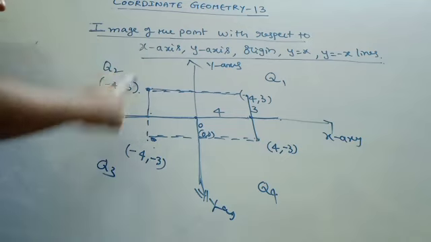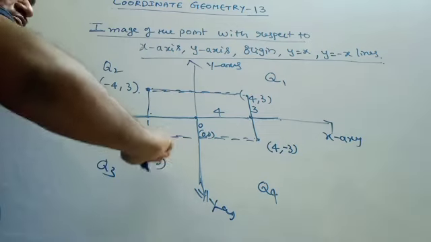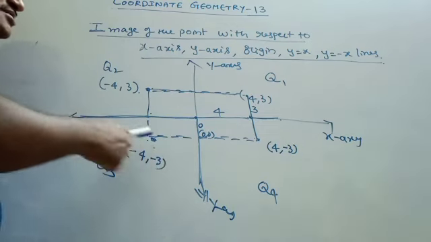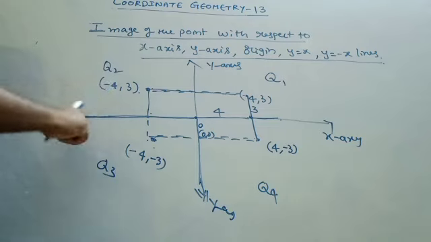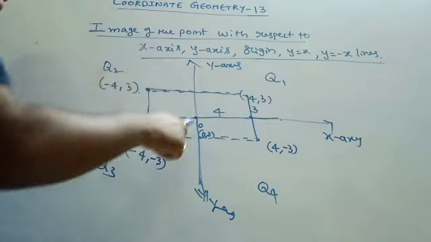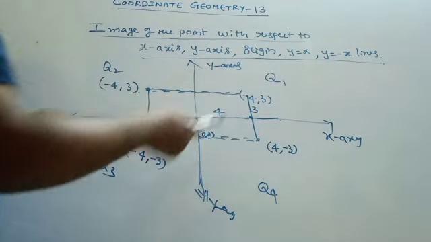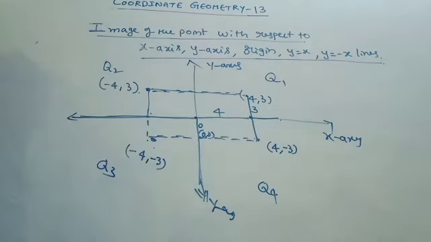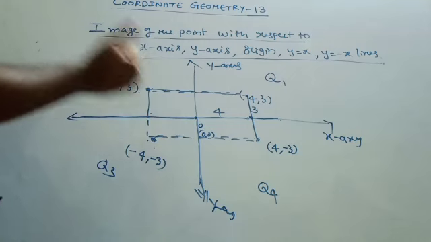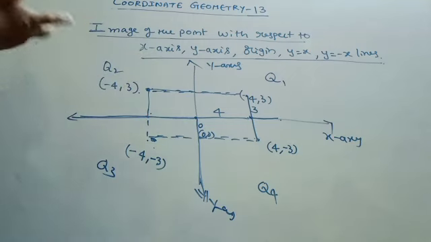Right, these both are images to each other with respect to y-axis, these both are images to each other with respect to x-axis, and these both are images to each other with respect to y-axis, and these both are images to each other with respect to x-axis. Like this, we have a nice concept coming out of these things. The image of the point with respect to x-axis and y-axis, with a beautiful point we have taken and explained.